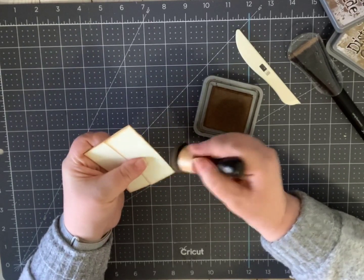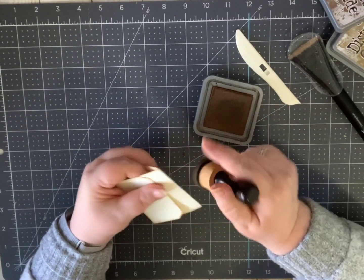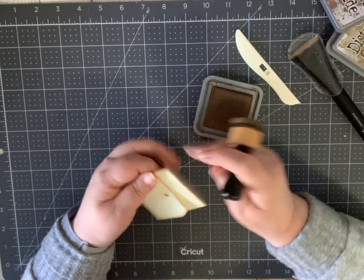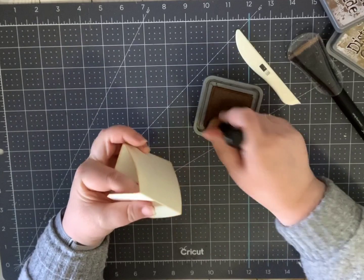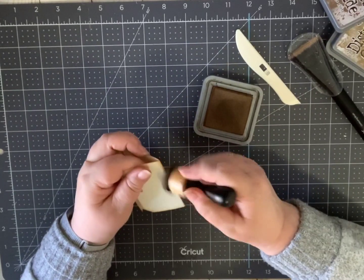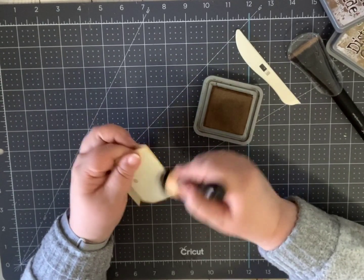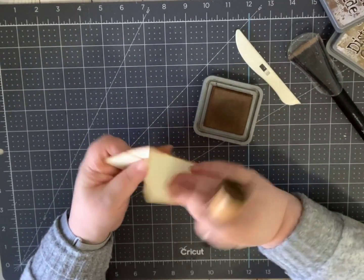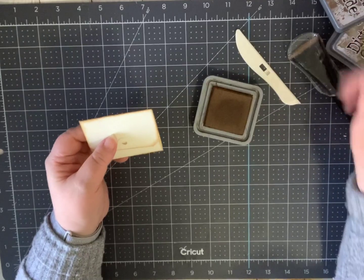I'm giving the folds a little extra ink. Oh, this one nobody's going to see on the inside anyway, but I'm going to. Too late. I already did it. All right. And then using